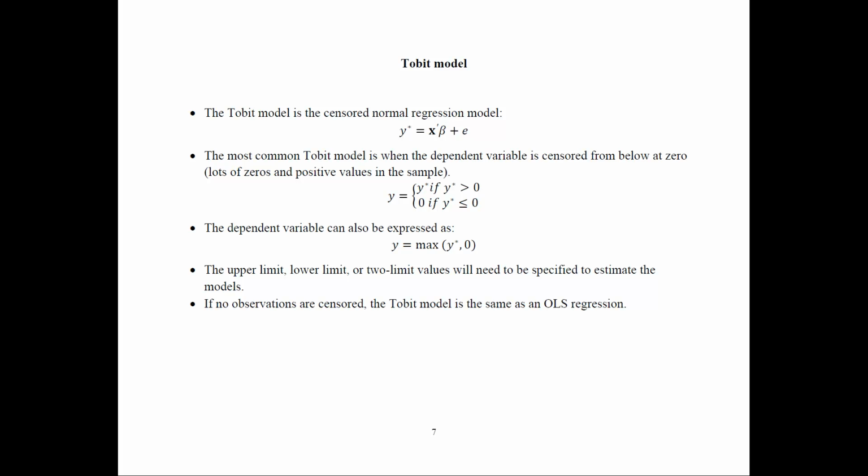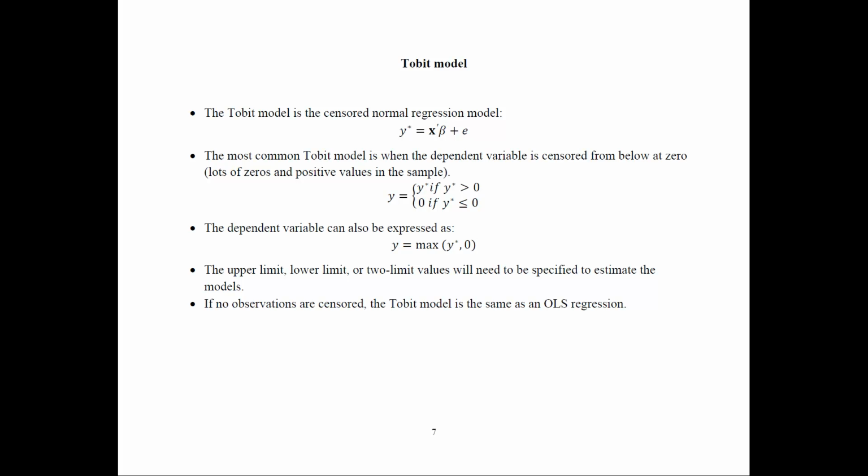Okay, so this is the Tobit model, and the Tobit model is also called the censored normal regression model. And here we have y star equals x prime beta plus e. So how is that different than a normal regression model? Well, the only difference here is instead of y, the actual value, we have y star, which is the latent variable, the one that we don't really observe. And some of the values are limited